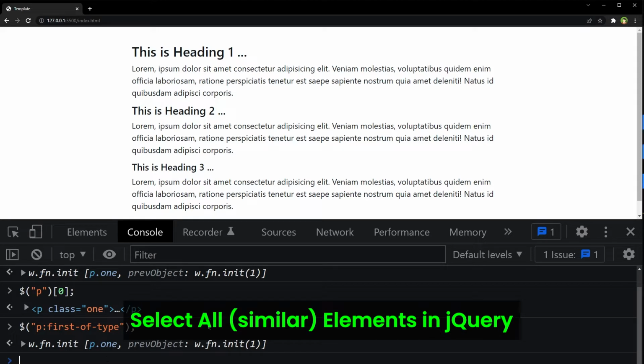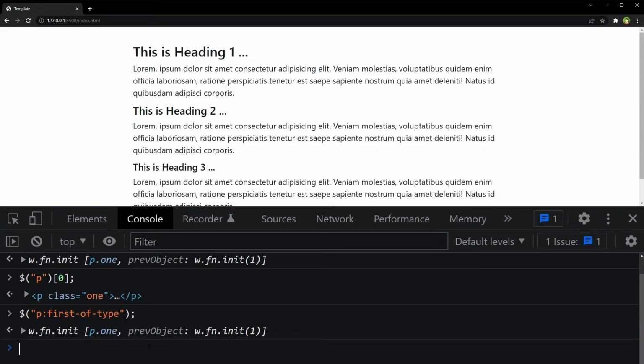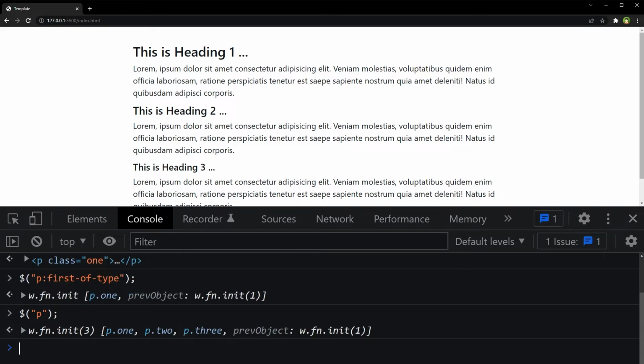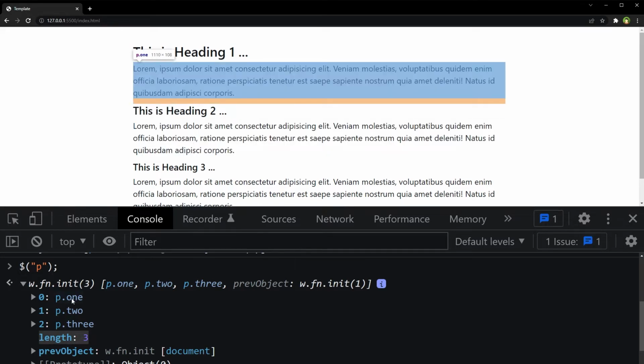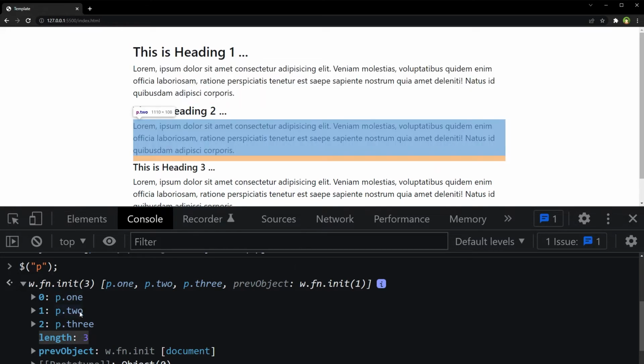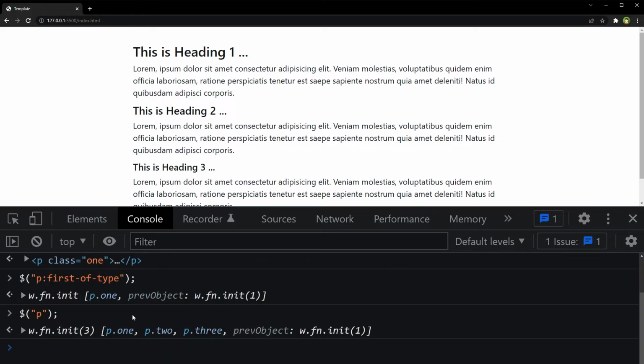We can also select all elements in jQuery by using $ and then, let's select paragraphs. And here, as you can see, 3 elements were selected: paragraph with class 1, paragraph with class 2, paragraph with class 3.